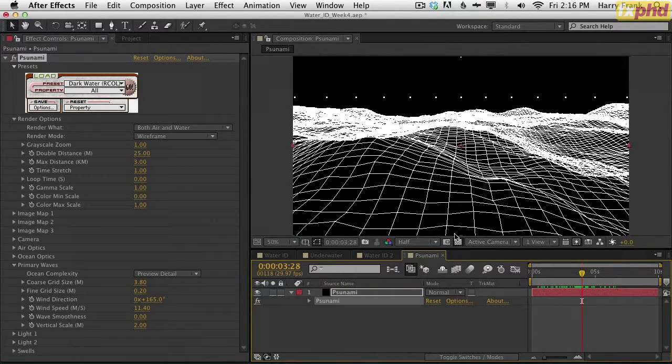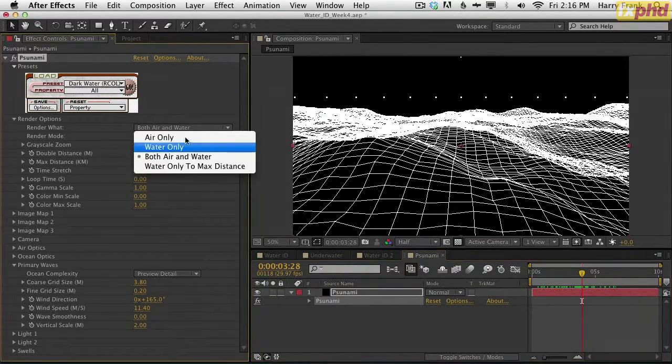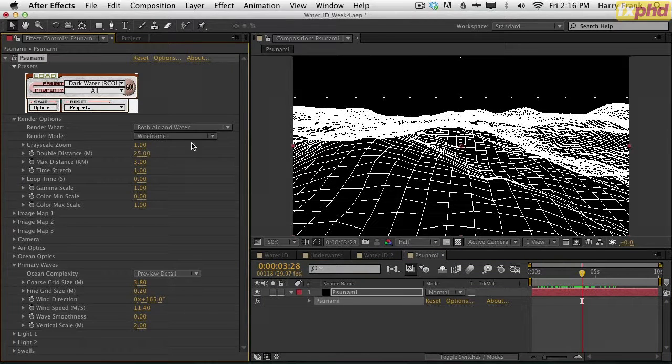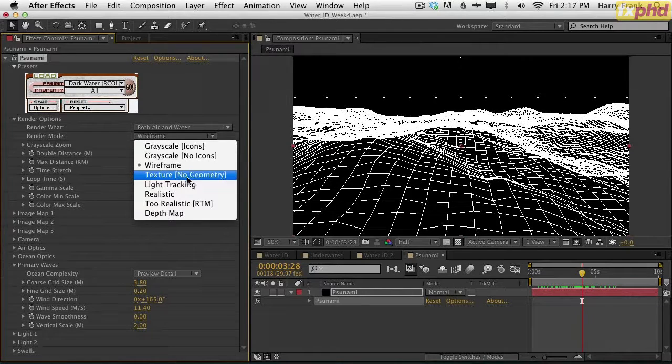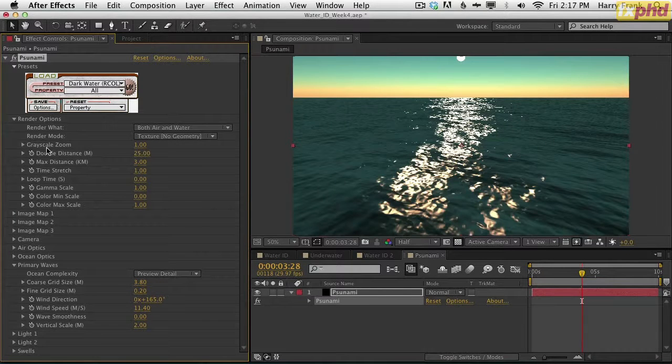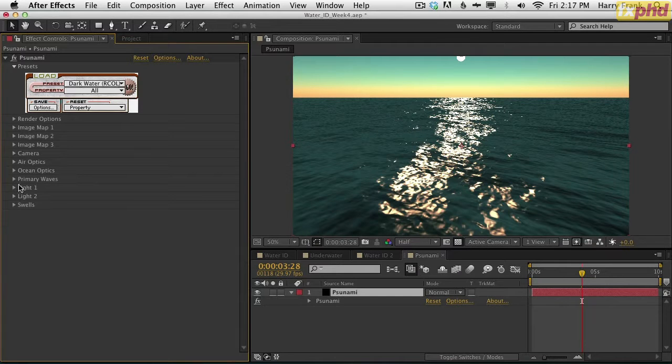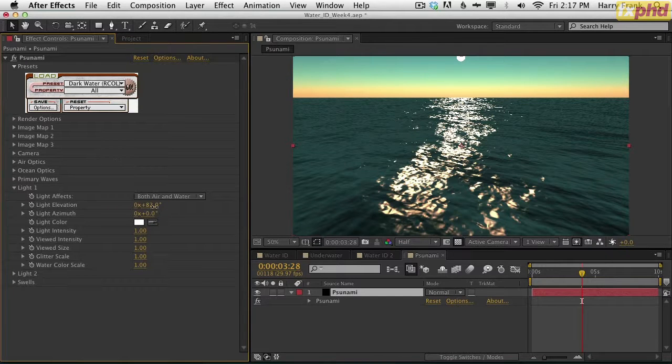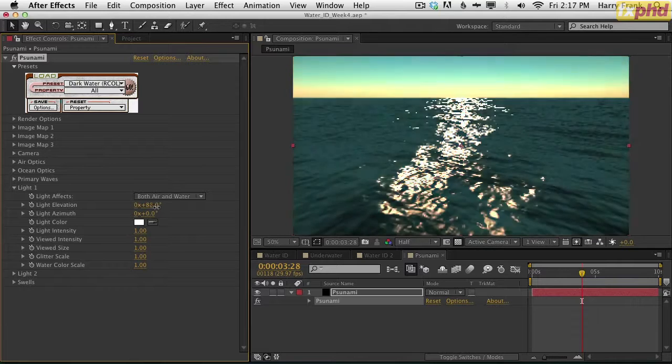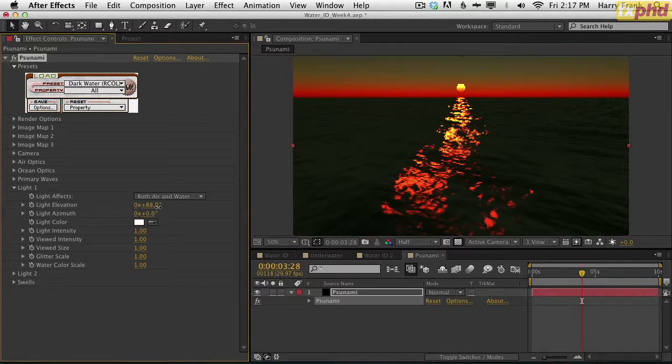Now it does look a bit like sunset, and our footage doesn't necessarily look like it's towards the end of the day. So let's just go to texture here. Let's go to light, which controls the sunlight here. Light number 1. The elevation, oops. Notice as it goes down into the sunset,